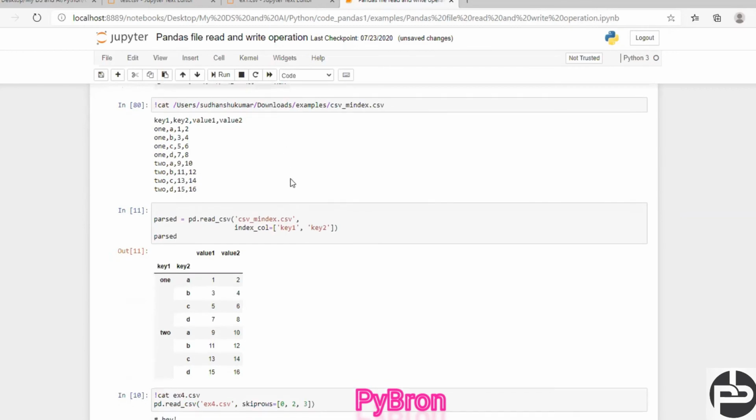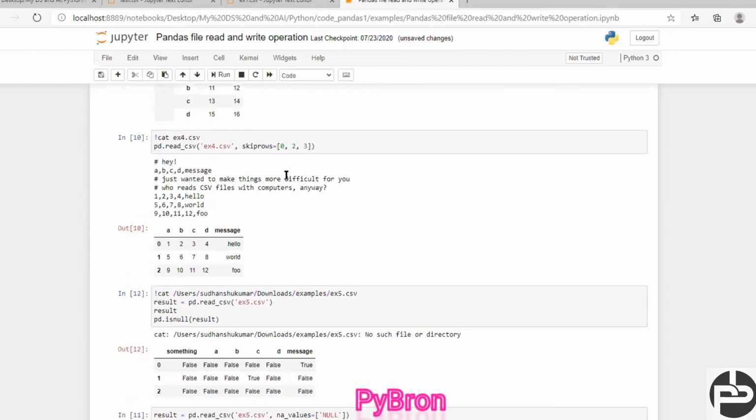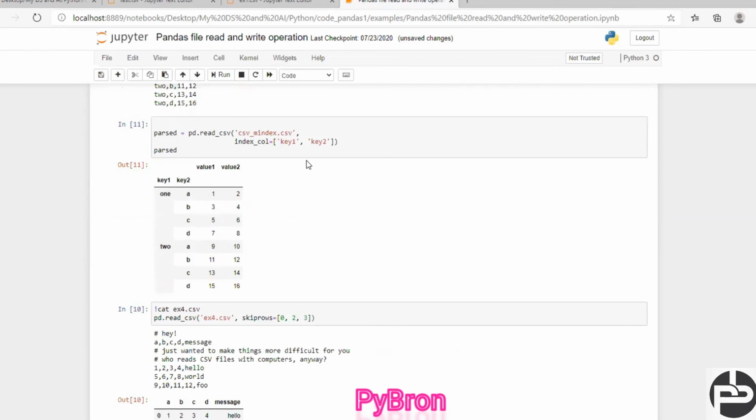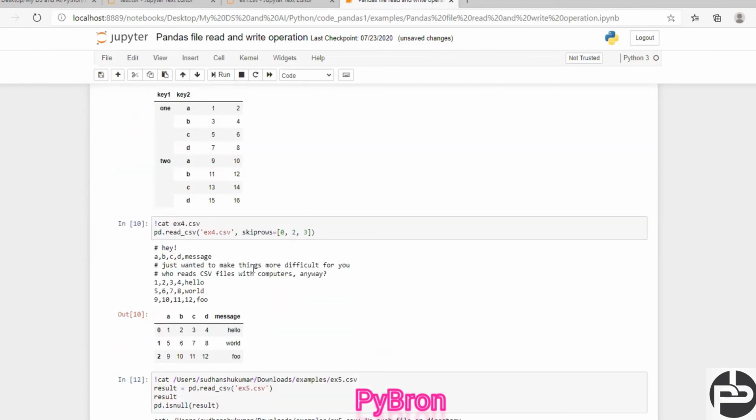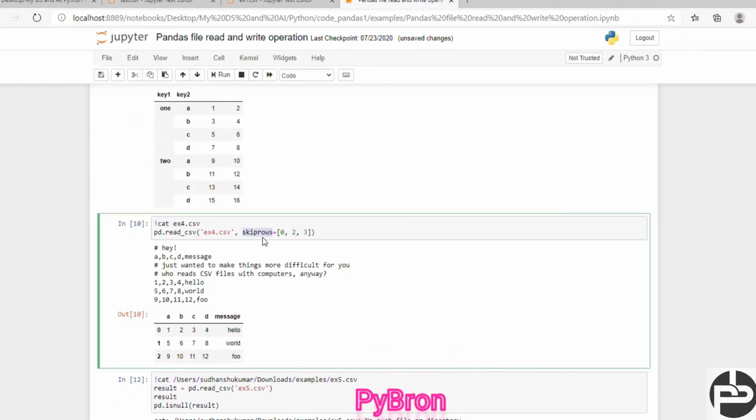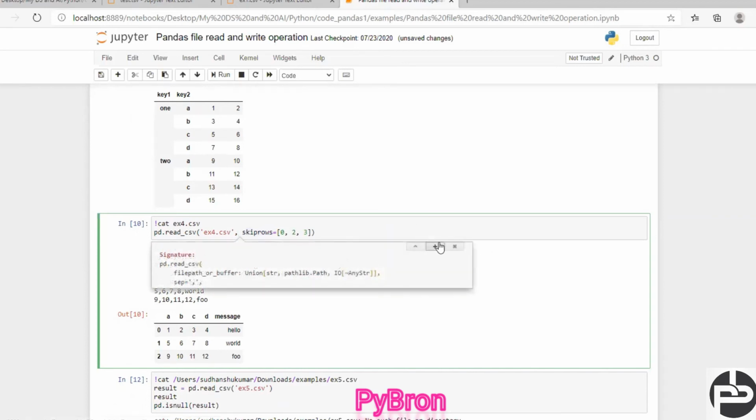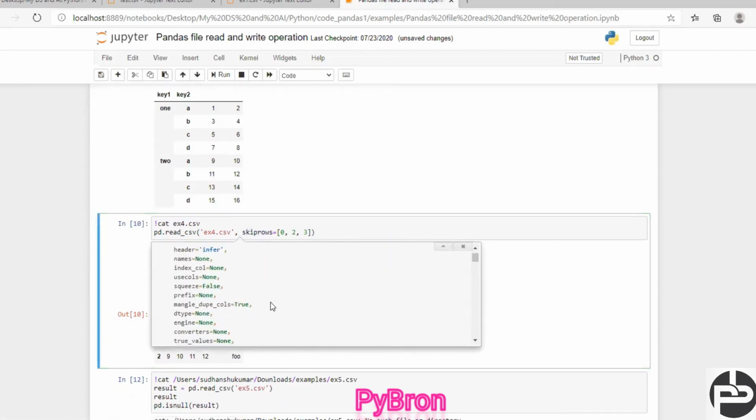And similarly, if you want to define some column, then you can define the column from here. And if you want to skip some of the rows, that is also possible here. You can use the skip row argument, and everything is here. If you press shift tab, all the parameters I'm going to use are here, nothing else. You just need to practice once, and you have to get your hands dirty over here, and everything will get done. So you can see skip row is one argument, and right now by default the skip row is none.